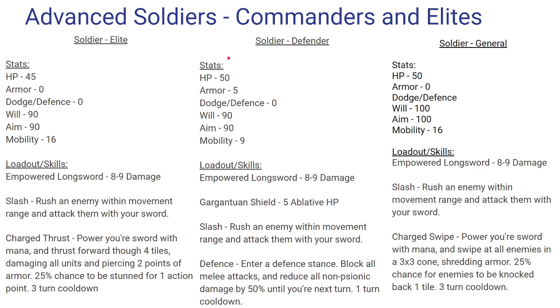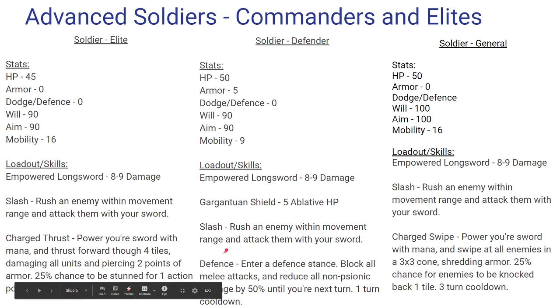Alright, that's kind of how that works. And then soldier, defender: HP 50, armor 5, dodge and defense 0, will 90, aim 90, mobility 9. Loadout and skills: empowered longsword, 6 to 9 damage, gargantuan shield, 5 ablative HP, basic rush attack. Defense: enter a defensive stance, block all melee attacks, and reduce all non-psionic damage by 50% until your next turn,